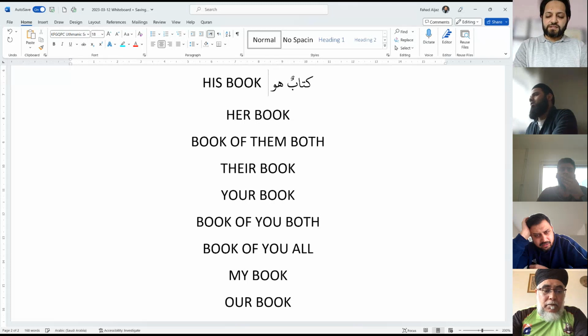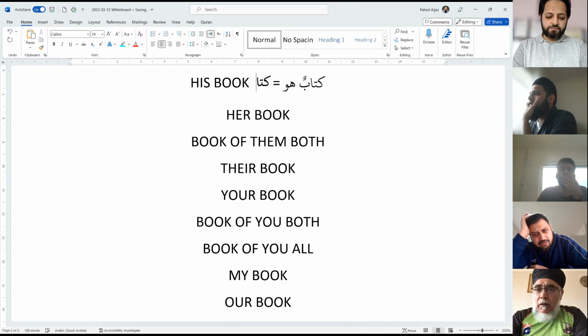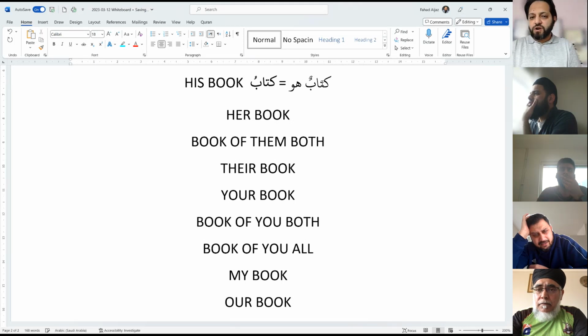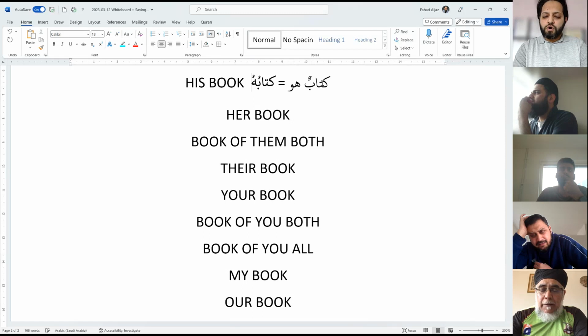So if you were to make this an idafa, what would you do with the word kitab? Any thoughts? Make it light. Make it light. It becomes kitabu. And what now that you know the next pronoun is huwa, what is the attached form of huwa? Will it be hu or hi? So to make a jar, it will be hi then. It could be hu, or hi. I could also do hi, right? Because there are two forms. Correct. Now I need to decide which one should I use, right?